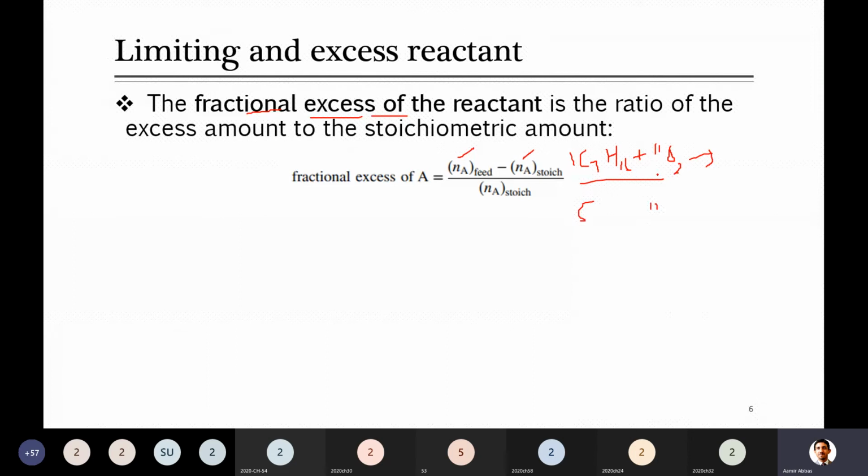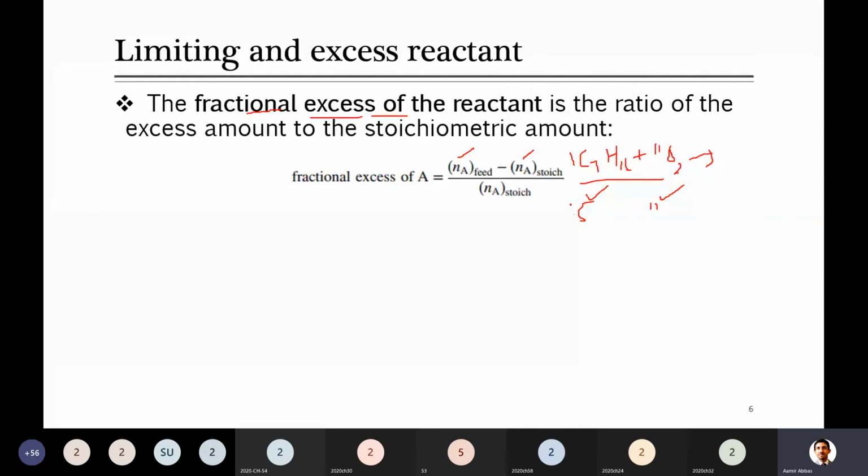Are you listening to me? Yes, sir. Yes. So in the reactor, 2 reactants are entering. One is heptane, the other is oxygen, and I'm telling you, in the reactor, 11 moles of oxygen are entering and 5 moles of heptane are entering. So now, out of this, can you tell me first of all which one is limiting and which one is in excess out of these two? Oxygen is limiting, and you have excess amount of heptane. Yes, heptane is in excess.